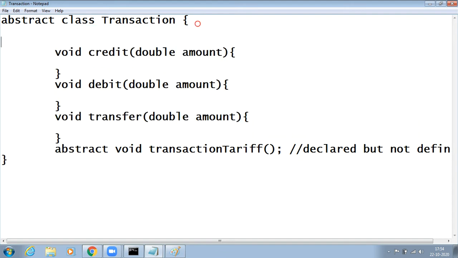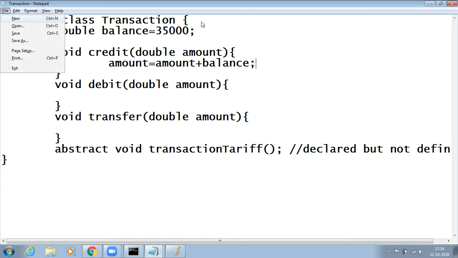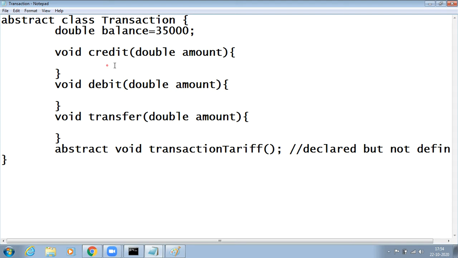Just take a simple example here. So double balance equals 35,000 or something. I just write amount equals amount plus balance, some logic. For debit, I just wrote something wrong, I think I reversed it.